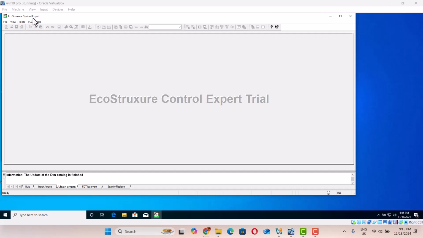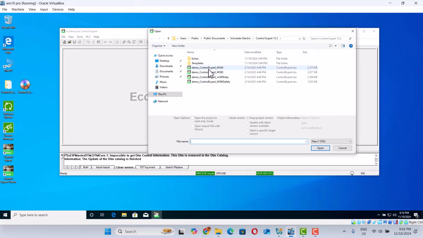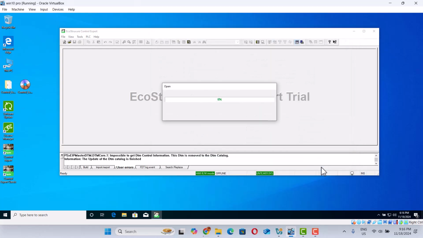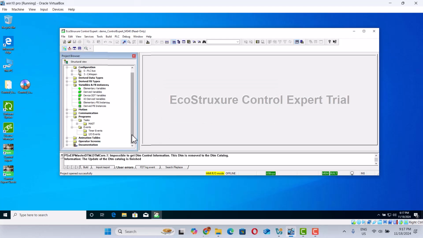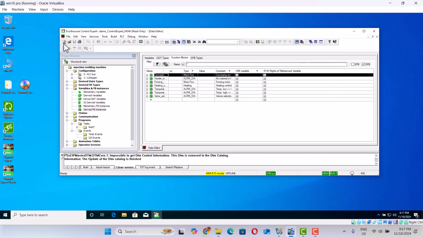Here's EcoStruxure Control Expert. So we can open this demo. Unity Pro Excel, so you can do anything. It's motion control, it's PLC, so you can